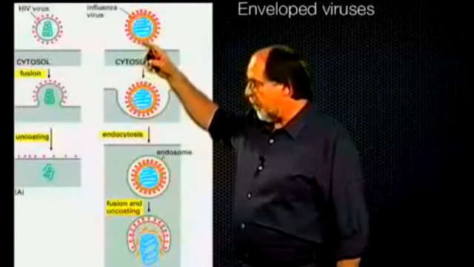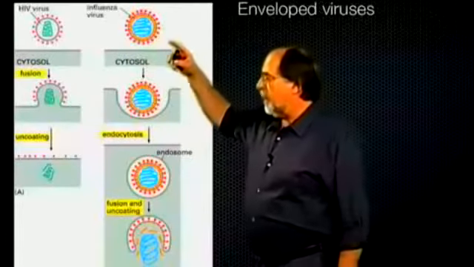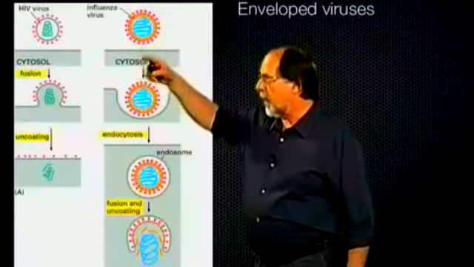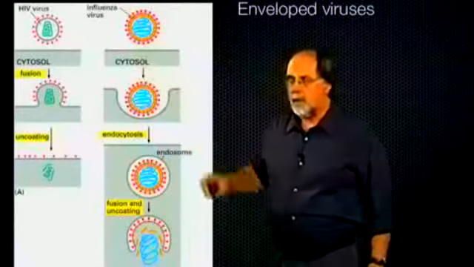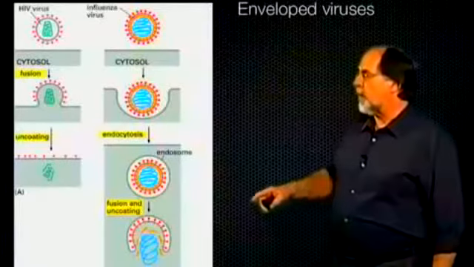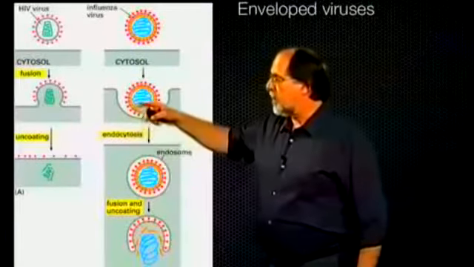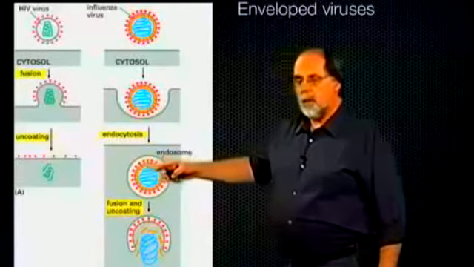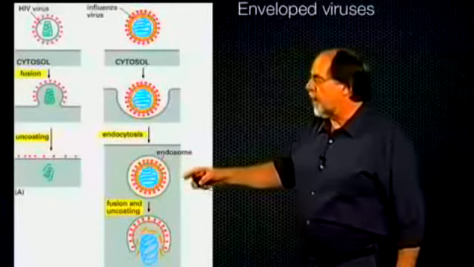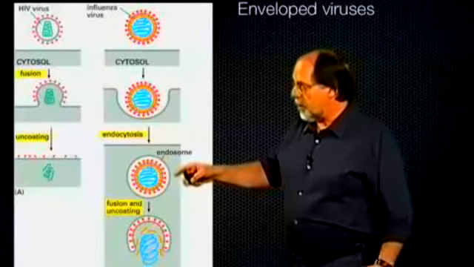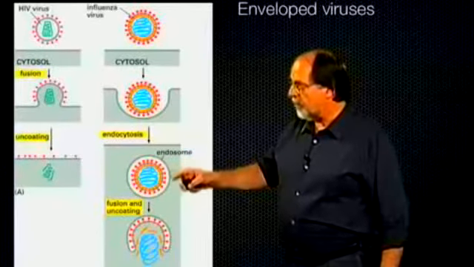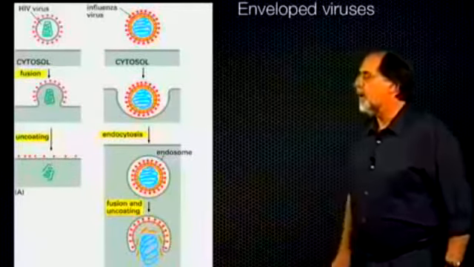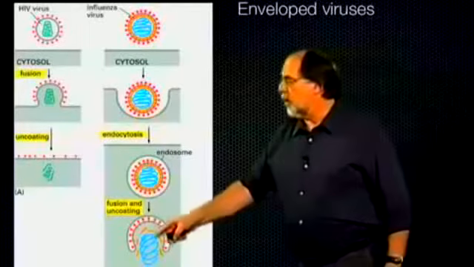This virus is an influenza virus, and the viral spike glycoprotein, the influenza hemagglutinin, allows it to bind to the cell surface, to get endocytosed with clathrin-coated pits and with some other mechanisms. And then in the early endosome or late endosome, where the pH approaches 5.5, the hemagglutinin changes conformation, and it becomes a membrane fusion factor, and the virus now fuses its membrane with the limiting membrane, releasing the viral genome into the cytosol.